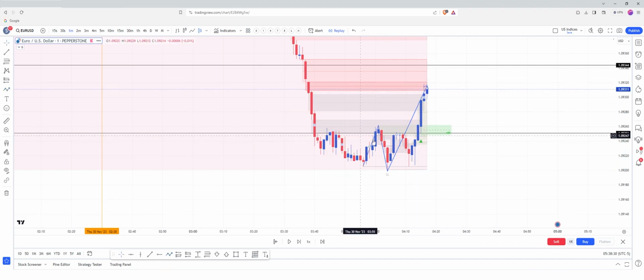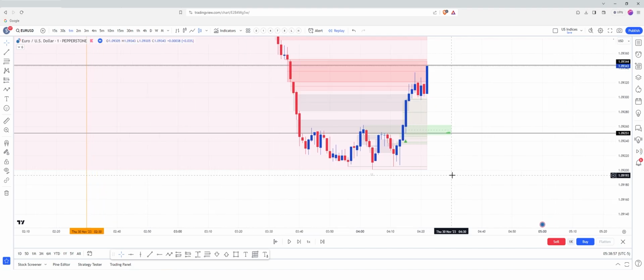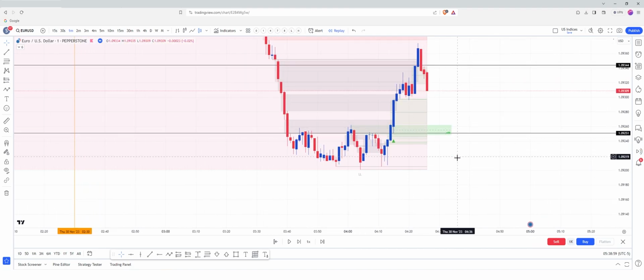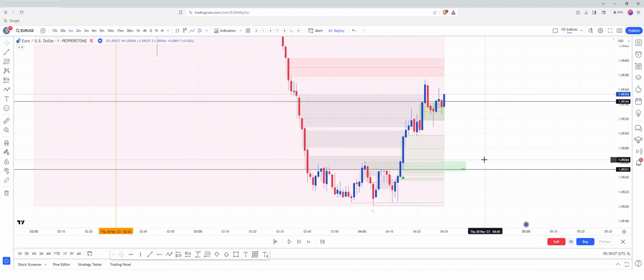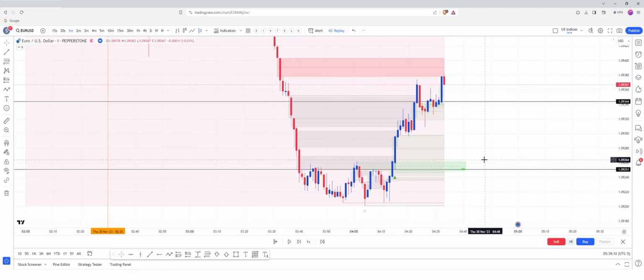What would again have me question taking a long at this point is we are accelerating away quite quickly, so there was no pullback into this area. So I wouldn't take this as a long because it wasn't solid displacement through at the first attempt. It wasn't an aggressive sell-off and then an aggressive buy-up. We had this consolidation, which negates the unicorn entry in my opinion. So there's no pullback into this area anyway. We've already gone high up into the range without pulling back and tapping the breaker block. So I'm definitely more interested in looking for a reversal here